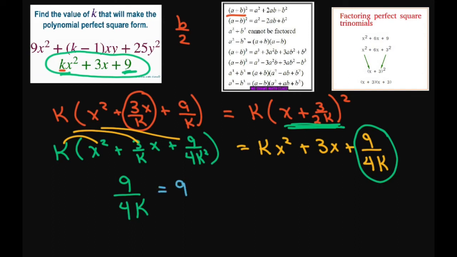So simplifying that, this is going to give you 4k equals 1, because the 9s will cancel out. So our k is going to equal 1 divided by 4,